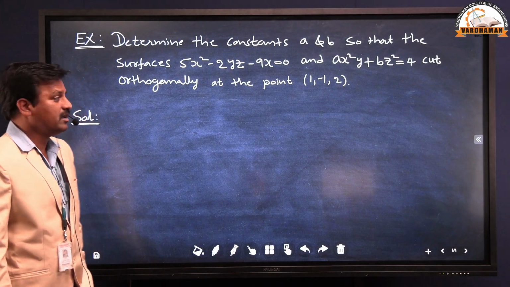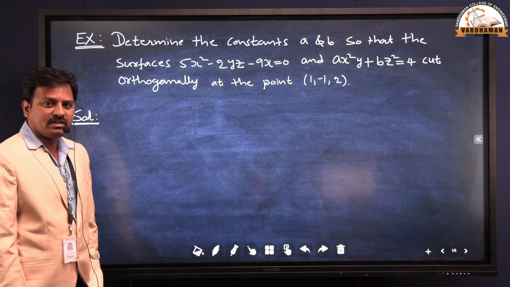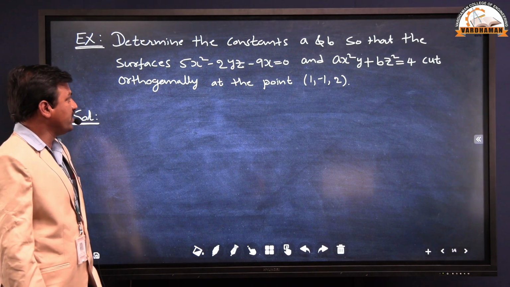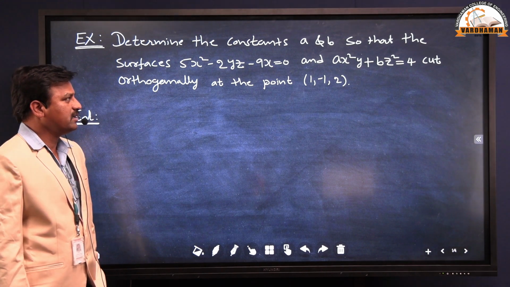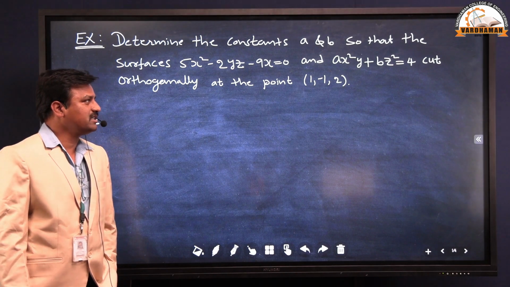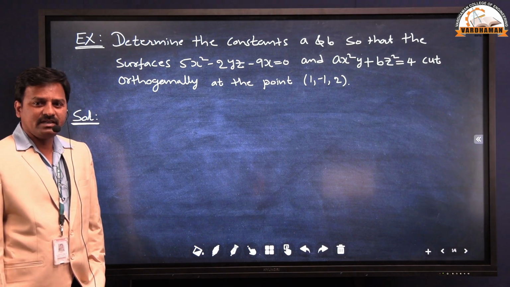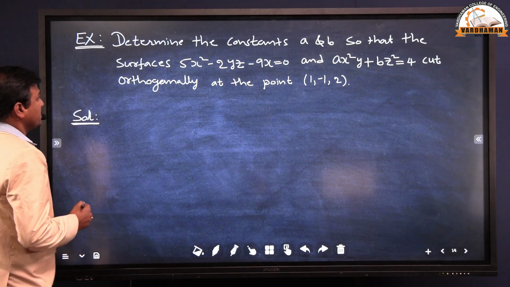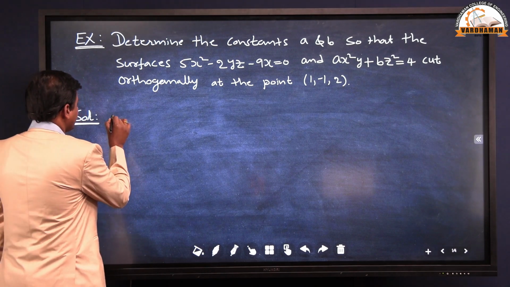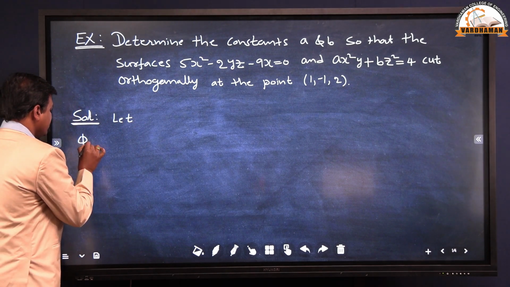Next example. Determine the constants a and b so that the surfaces 5x square minus 2yz minus 9x equal to 0 and a x square y plus b z square equal to 4 cut orthogonally at the point 1, minus 1, 2. Solution. So we have to take an assumption, let phi 1 equal to